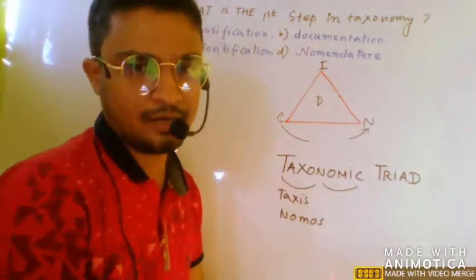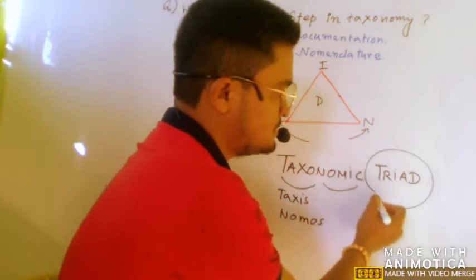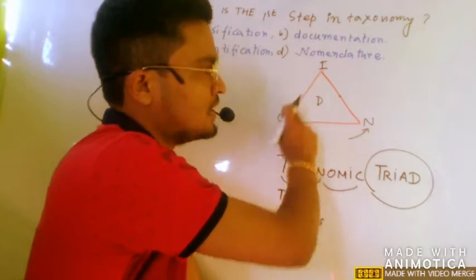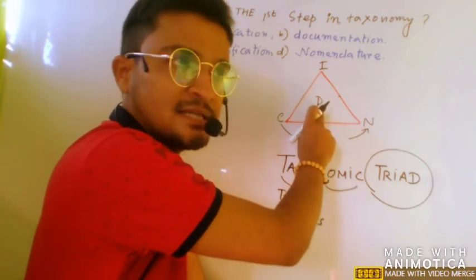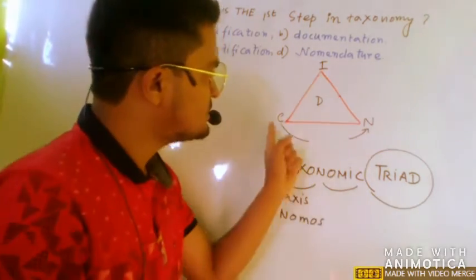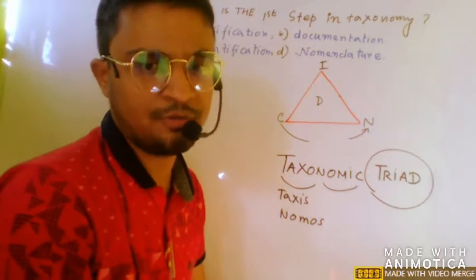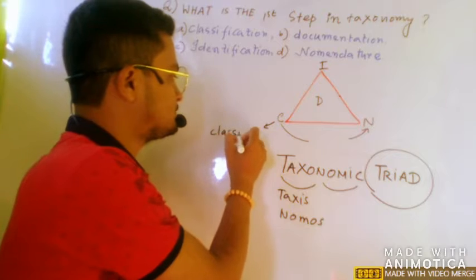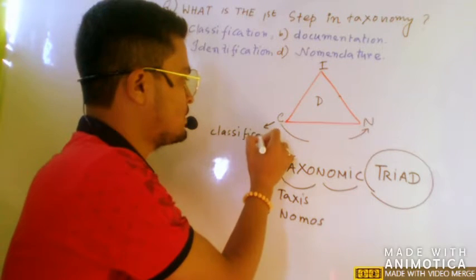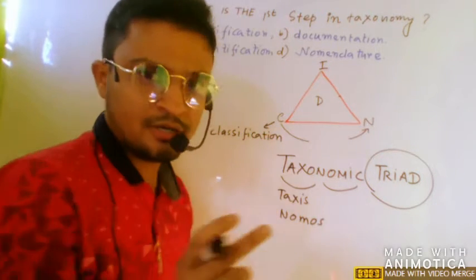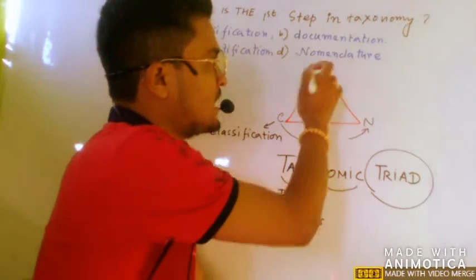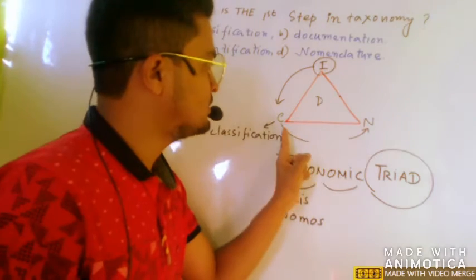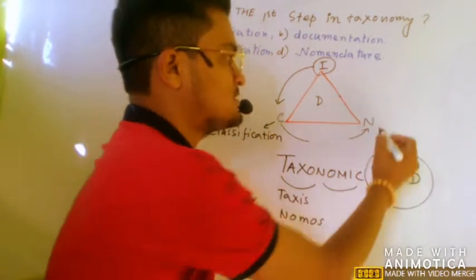Now we have to understand it by drawing a triangle. First you draw one triangle, so that is the triad concept. Now you write C, I, N at the three corners, and at the center you write T. So these are the steps involved in taxonomy. First step is classification, or if you understand it technically step by step, the actual first step is identification. But the components are classification, nomenclature,